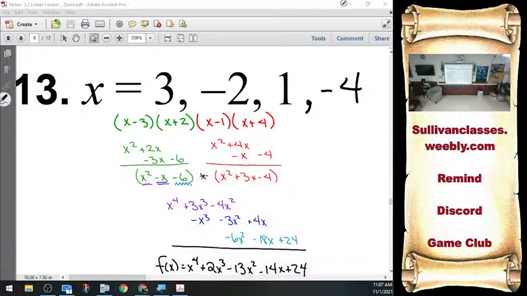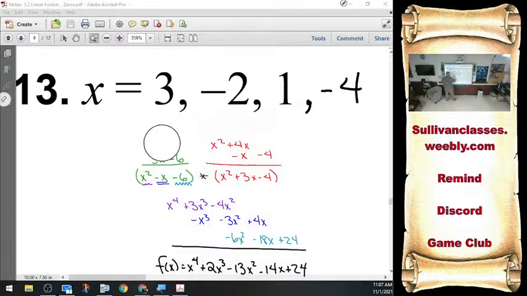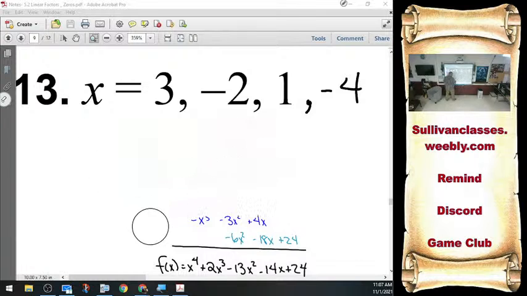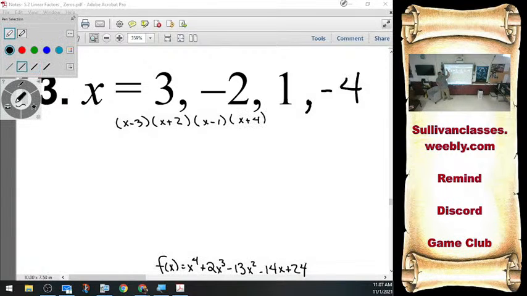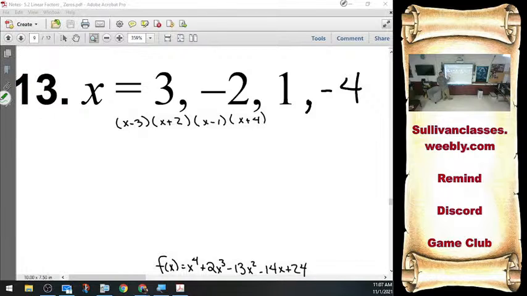Now, if I'm remembering correctly, last week when we had started talking about this, there were several of you who kind of perked up at the idea of doing this by box method. So I'm just going to do it again, see if some of you like that or not. If I write this as x minus 3, x plus 2, x minus 1, x plus 4, a different way to organize it is,